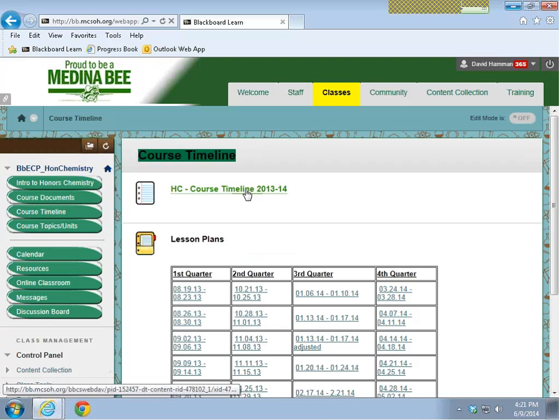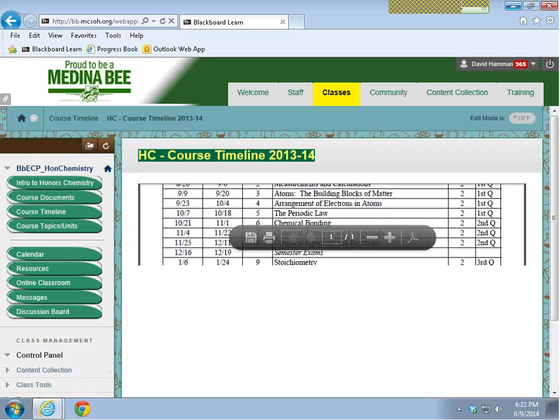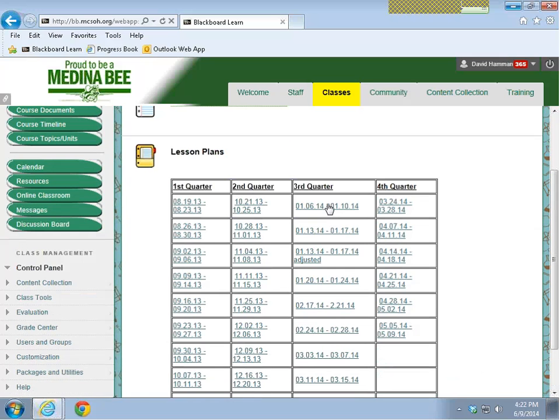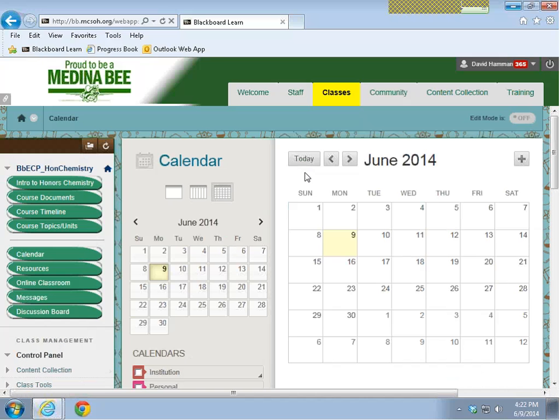Course timeline, again, I just simply have a simple Excel spreadsheet here that I posted. What dates, what chapter, what quarter, nothing too exciting there. And then just simple PDF links to, okay, what are we going to do March 24th to 28th? I am getting away from this because, I'll just flip to the calendar right now, I am using the calendar